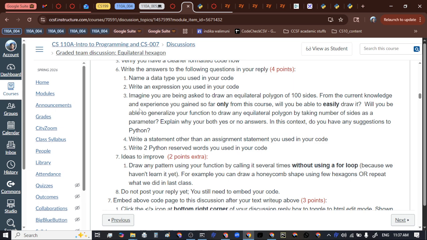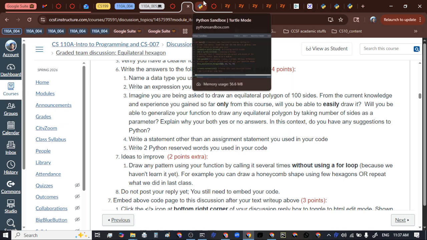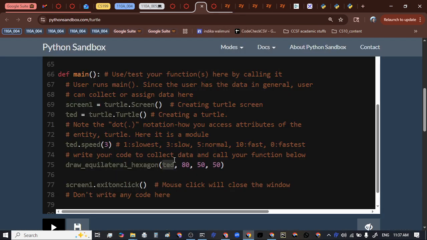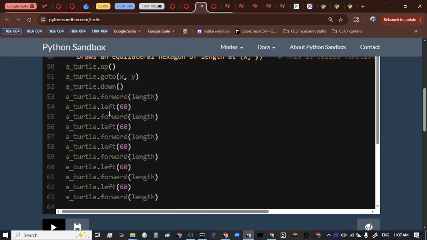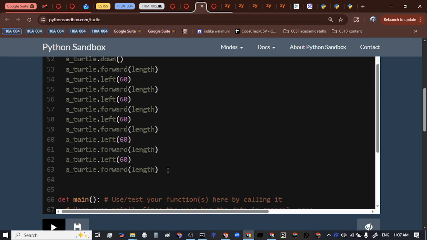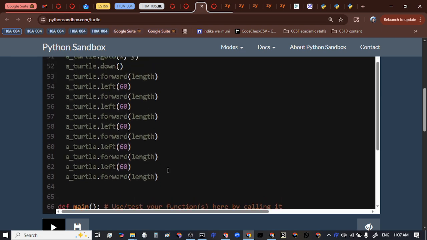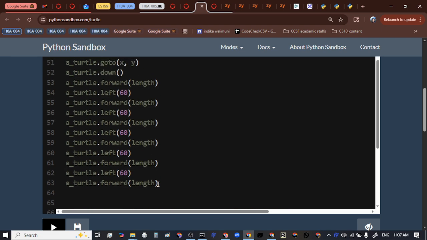Well, it's kind of subjective, it depends on your definition of easiness, right? But imagine, this was 6, so for 6 sides it's a hexagon. For 100, it would be